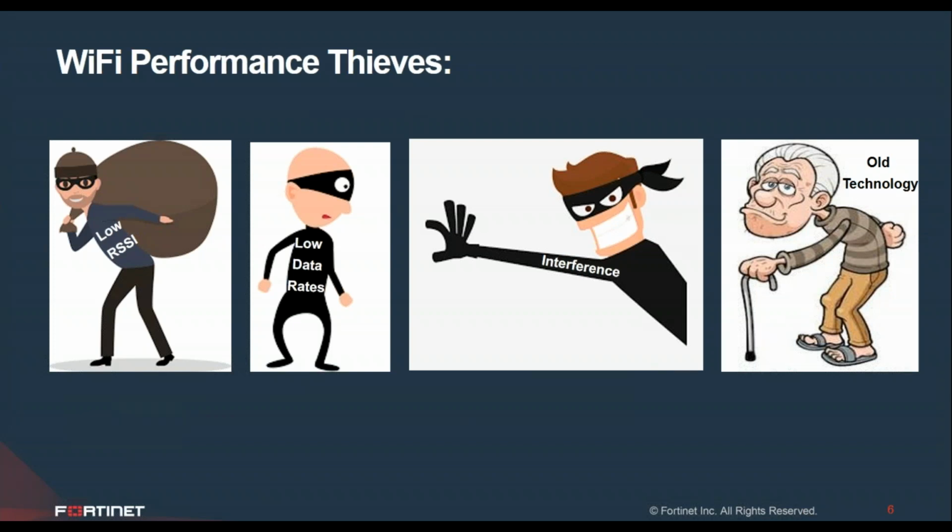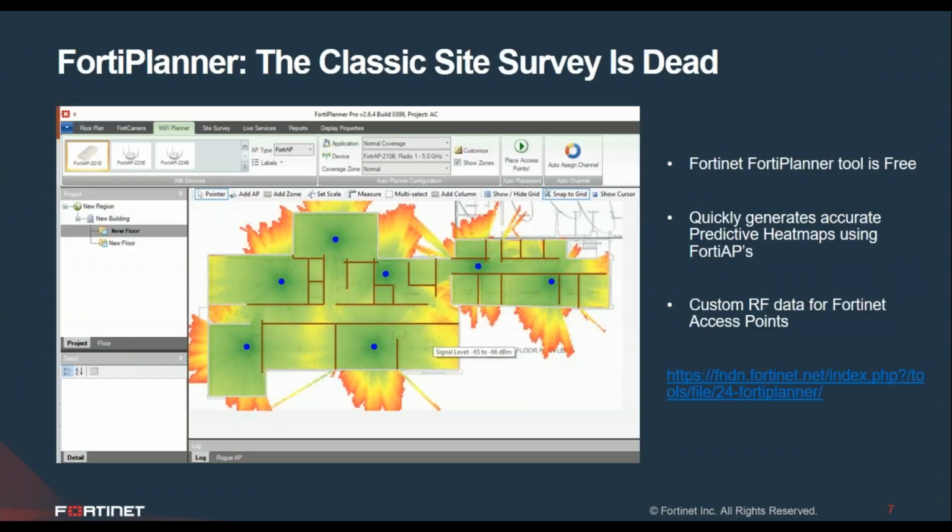How do you plan your network? With Fortinet, we have a wireless network planning tool called Fortiplanner. Fortiplanner allows us to import a floor plan of your network in a JPEG or a PNG format into the application. It allows you to draw the interior and exterior walls in different materials. So you can draw walls that are glass or